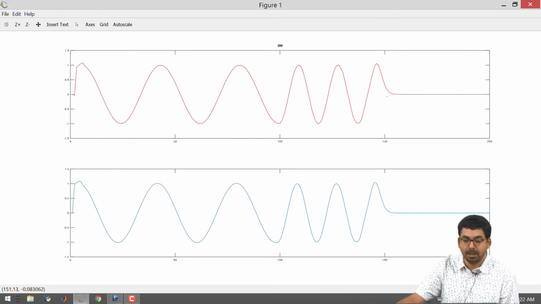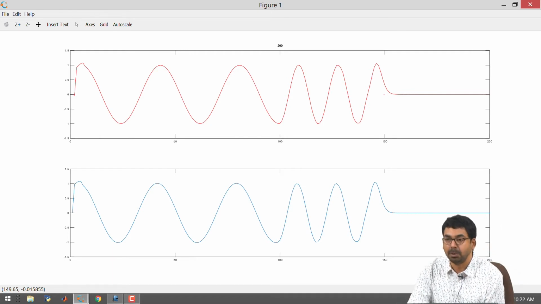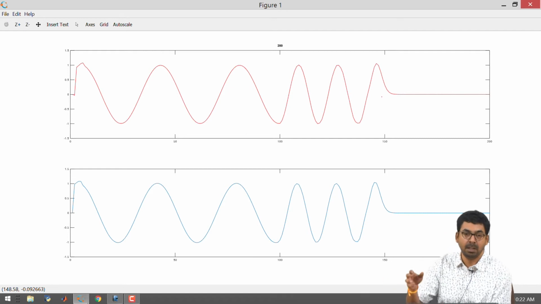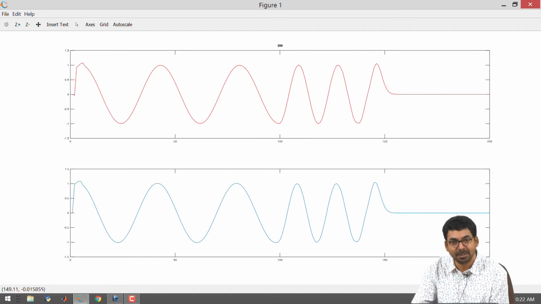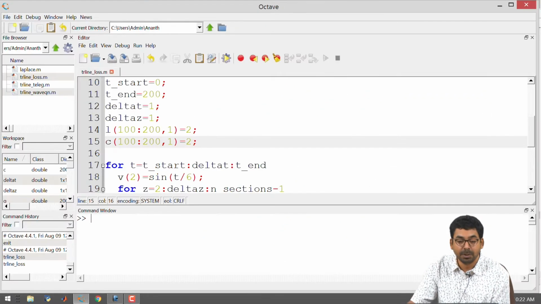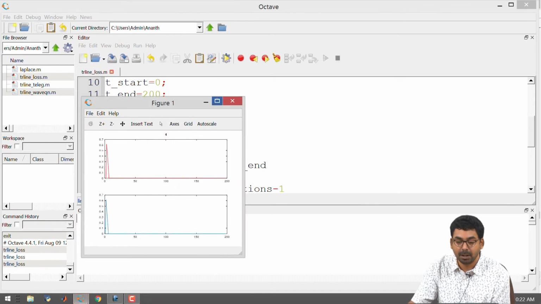So, the consequence of changing L and C in different portions of your transmission line is, first, you are creating an interface, there is going to be a reflection. There was a small wiggle that was happening, alright. I do not know how many of you saw that, but I will just run it again and talk.